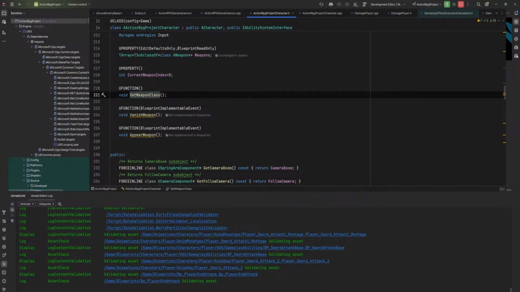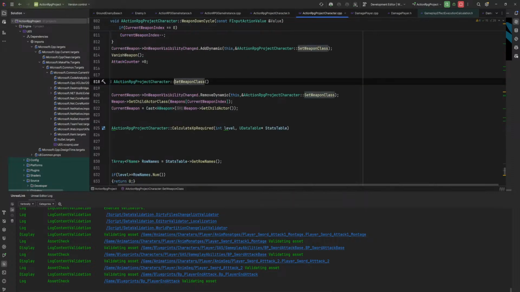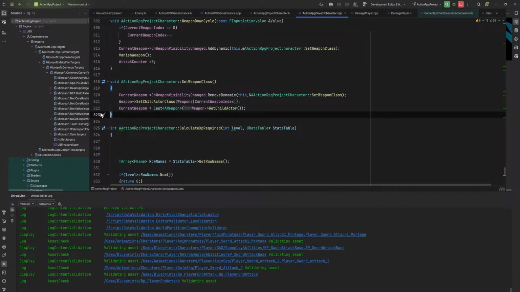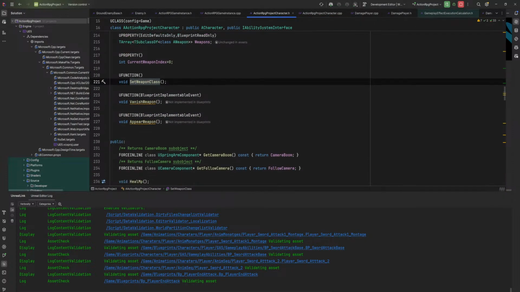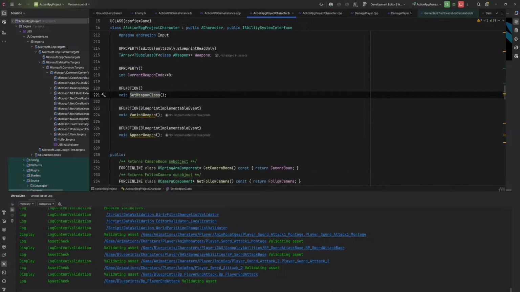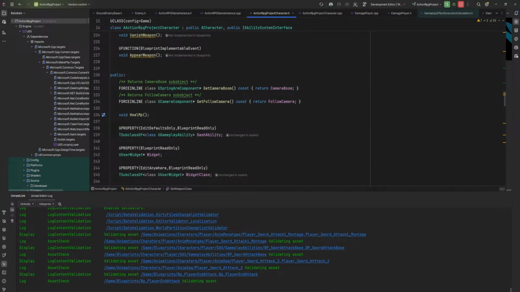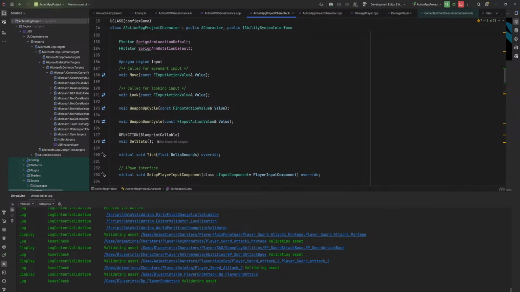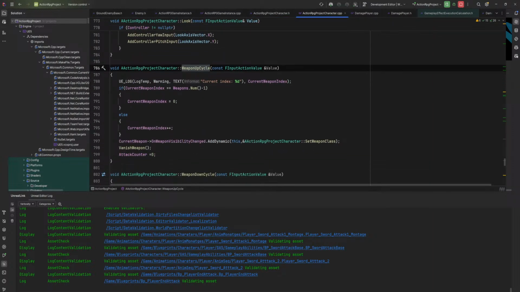Like set weapon class, and there we have... That's not it. I think it's in cycle up weapon, cycle down weapon, maybe. Let's take a look.